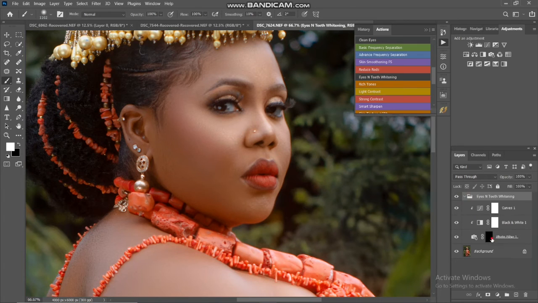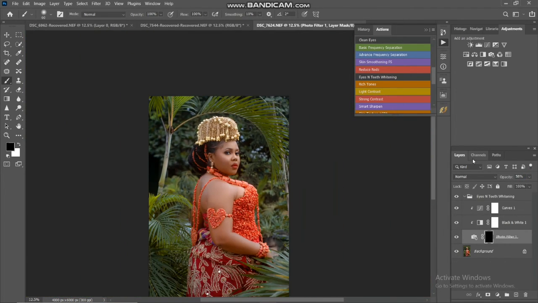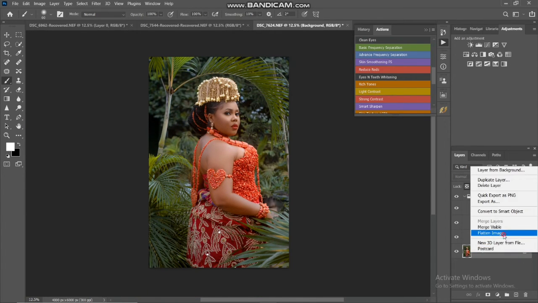So next thing is you come down, you brush the eye a little, just the white part of the eyes, let it pop. So now I don't leave the eyes like that, I just go with the opacity to make it look cool. So it now looks very good. So I'm done with this picture. Actually, there's nothing